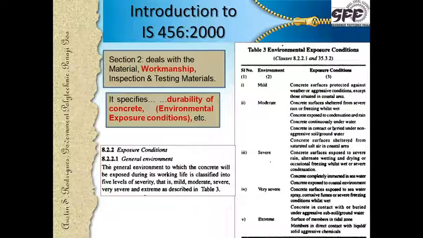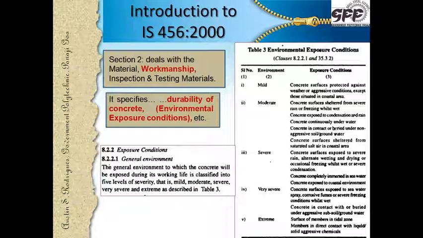If we look at the concrete structures, most of them have terraces, and these terraces are not sheltered from severe rain. Many of them take the battering from the severe rain. Also in the moderate level we have concrete exposed to condensation and rain. So in Goa most of the structures are coming within this. Look at the further part in the level moderate.